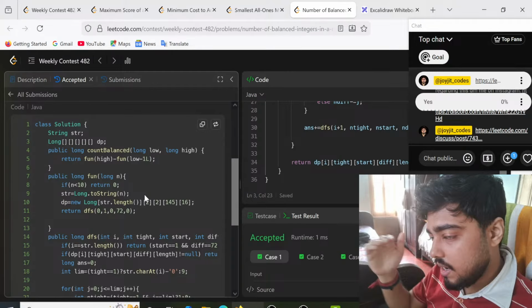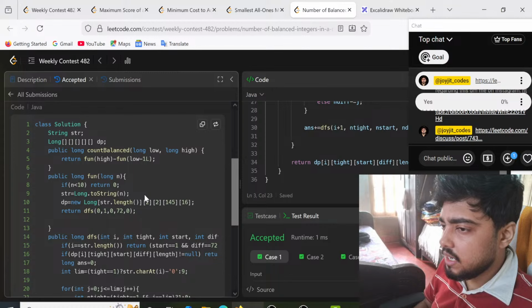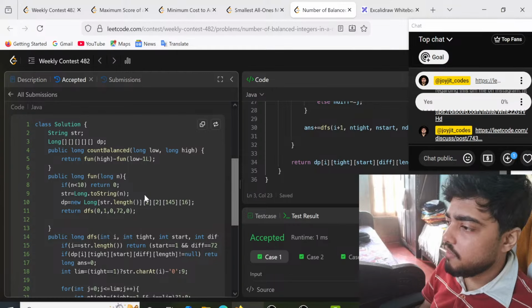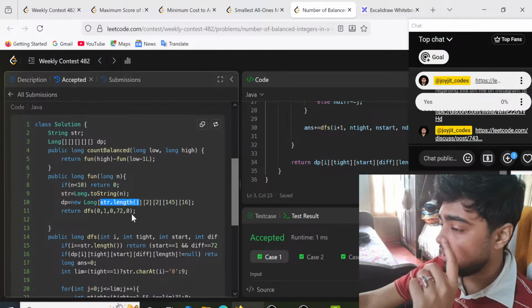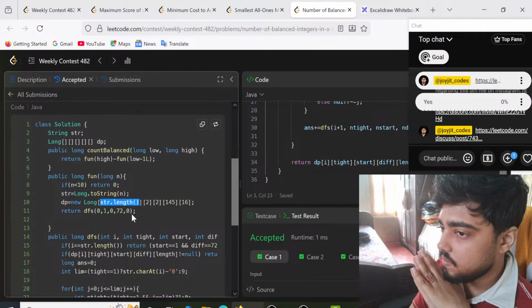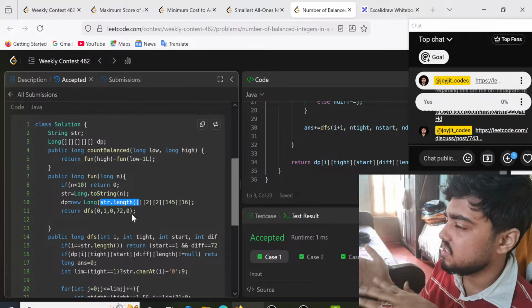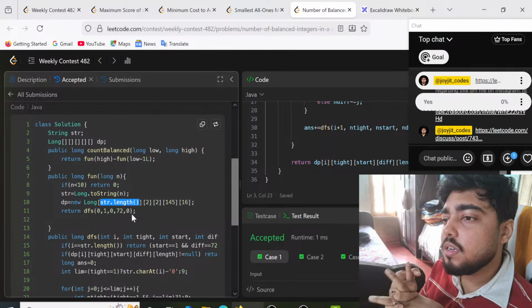So what is given over here is that DP, I'm initializing it with a few specific states. DP is basically nothing but states, and DP over here I'm using for memorization. The first dimension, str of length, is the whole traversal of the string, that is the whole number from the first digit till the last digit, or rather the opposite, from the last digit to the first digit. Or the first digit to the last digit, I think I was right only. Whatever it is, it doesn't matter. So that is the length of the string.